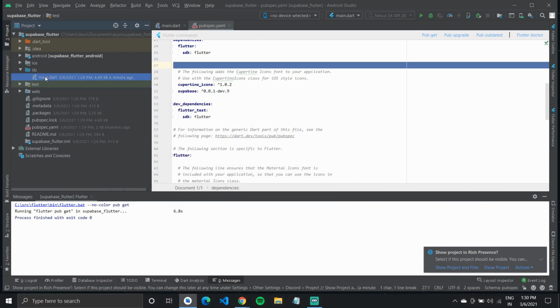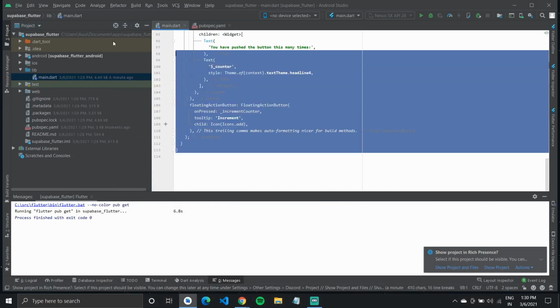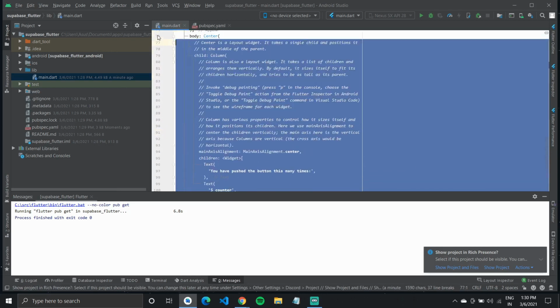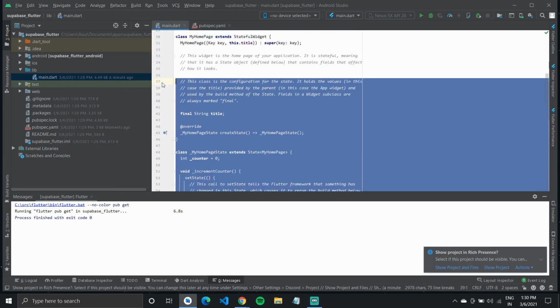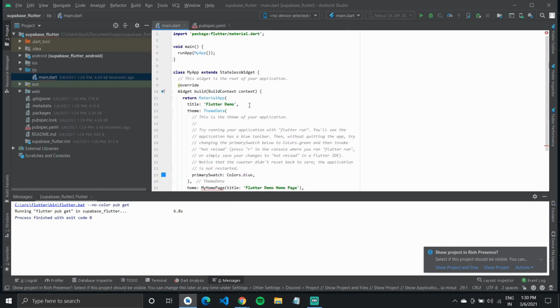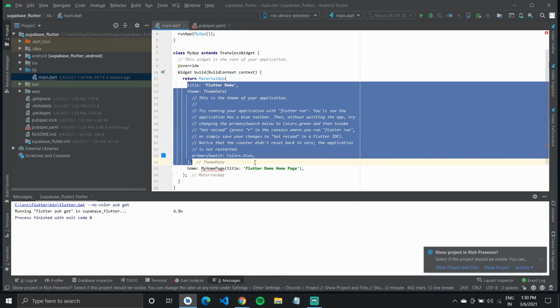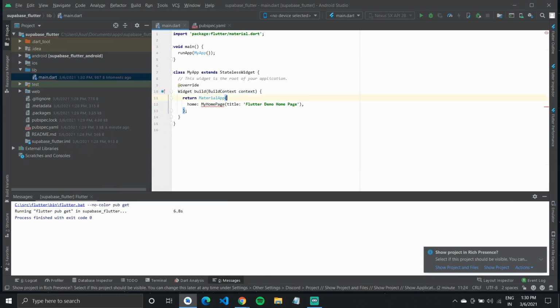if you have worked with Firebase before, you must be aware that we need to initialize our app. So we have to do something similar with Supabase. I'll delete all the code which we don't require. I will delete this as well. So my main is right now empty.